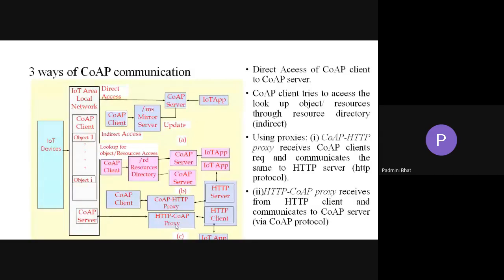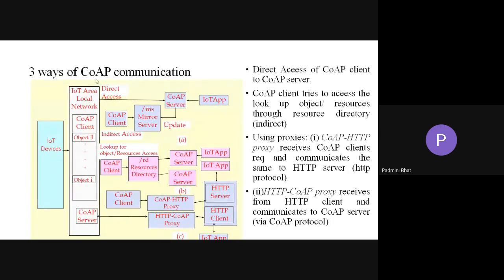Sometimes the proxy can also send it not here, it can send here also. But sometimes the proxy can also send it to the CoAP server. From the CoAP server, it goes to the CoAP client, whichever. That is the next, like a complicated circuit. The CoAP client is connected like that. Okay, fine.